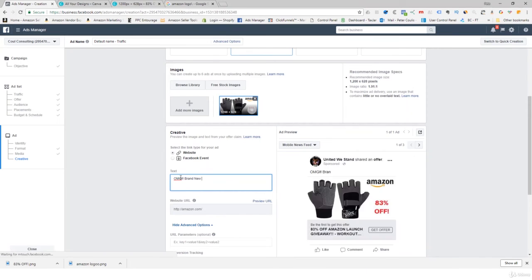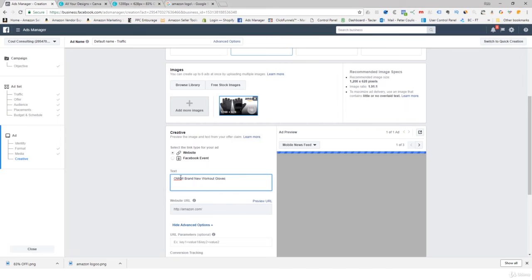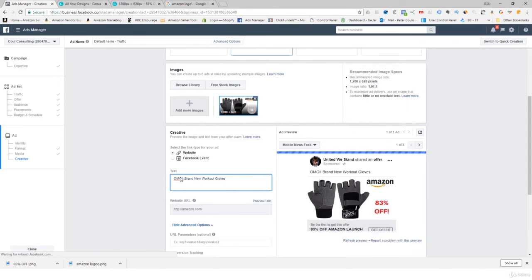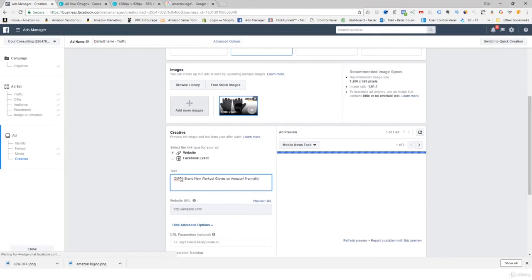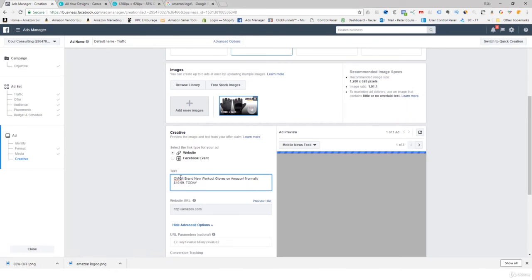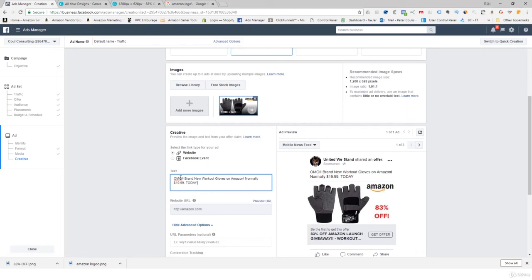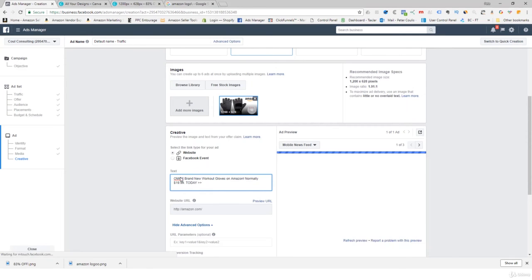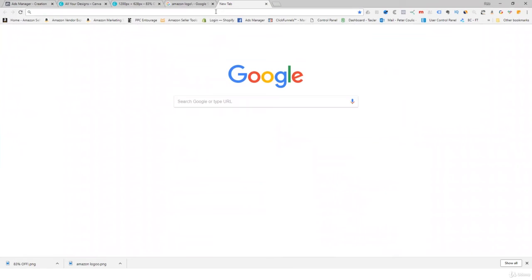Brand new workout gloves on Amazon. Normally $19.99. Today, whatever 83% off is. So just go